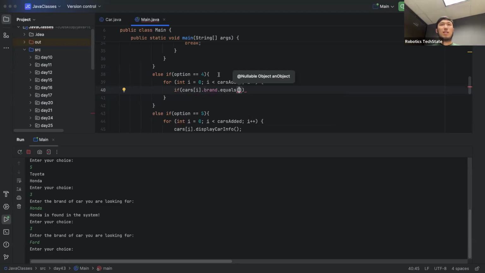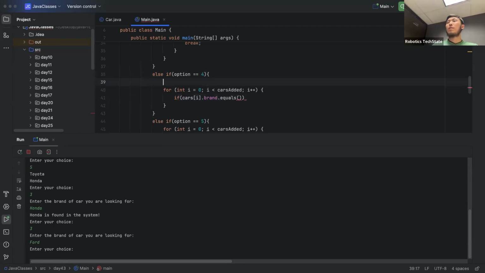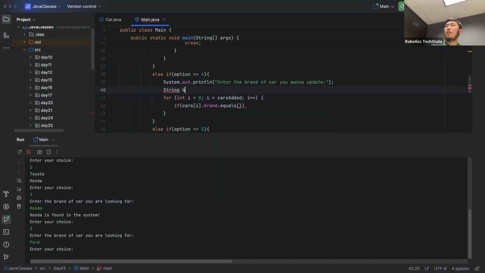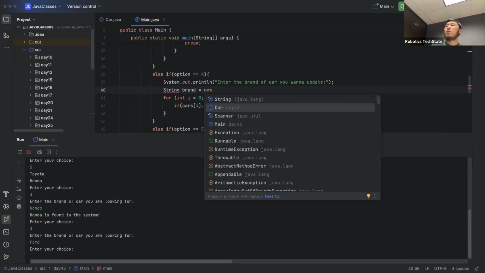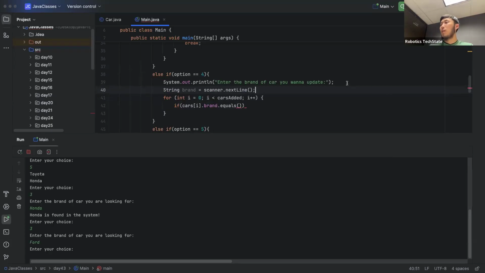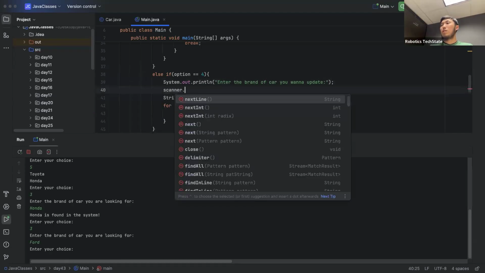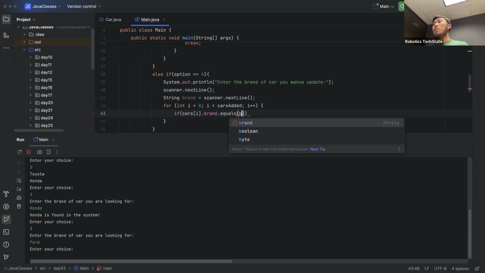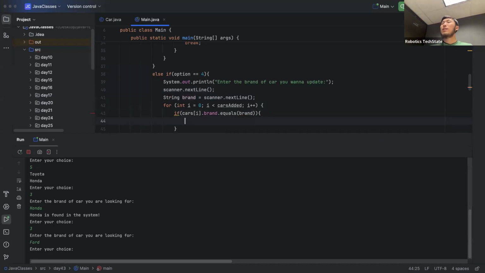We didn't ask which car you would like to update. Enter the brand of car you wanna update. Next, string brand equals scanner dot nextLine. Okay, I'll add this one in advance. All right, equals brand. If you find it,